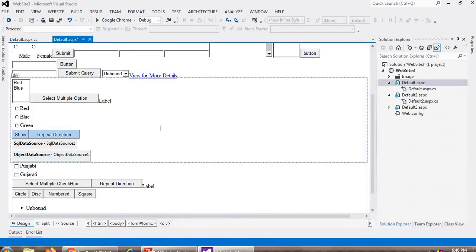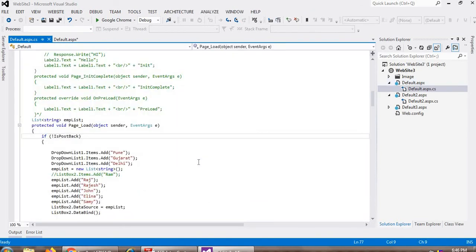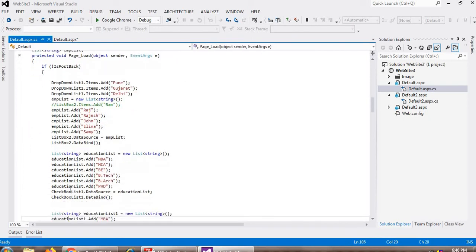So here I am selecting the page load event, right? You know that the page load event is there, and here I have created the same list, checkbox list 1, right? So again I have created one list over here, and I want to input only string values.